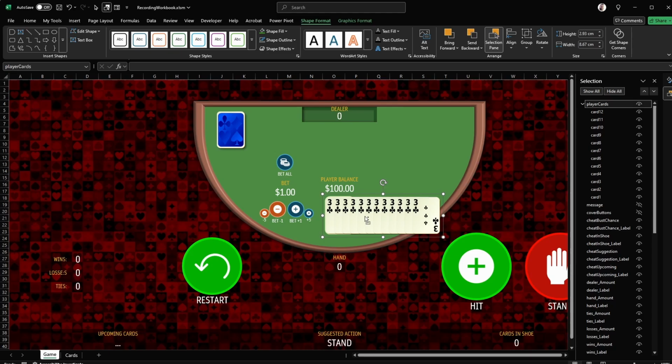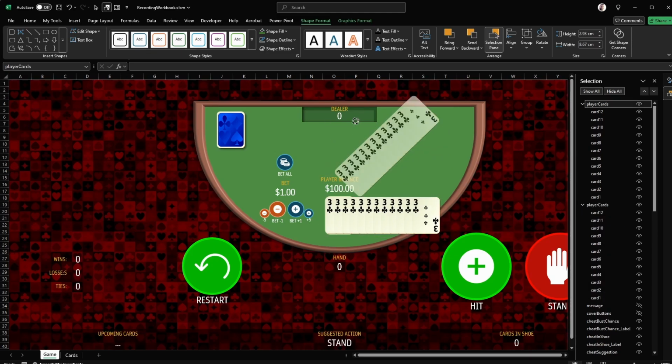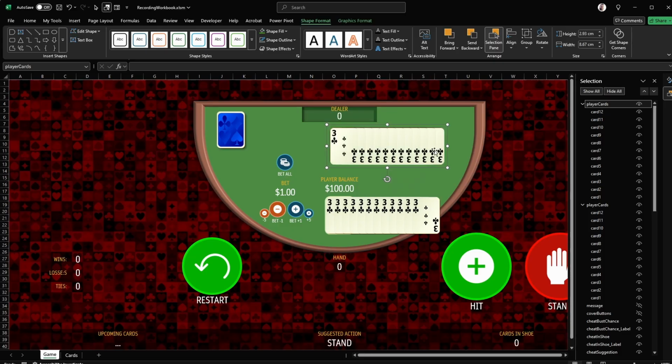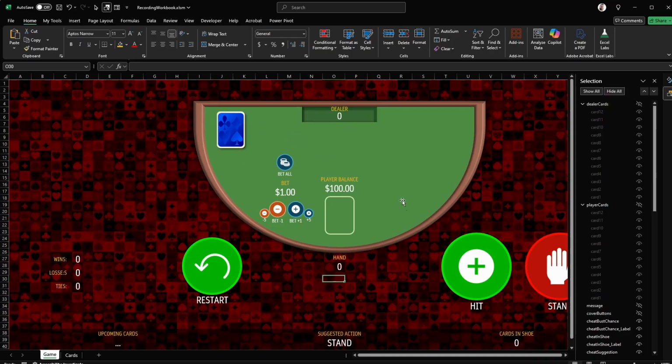And we're going to duplicate that, so just copy that whole group. And we can rotate it around because this is going to be the dealer's side. And this is going to be the dealer cards. All right. Let's hide those. And yeah, we're done. I think our entire interface is done, so now we can start getting into the actual